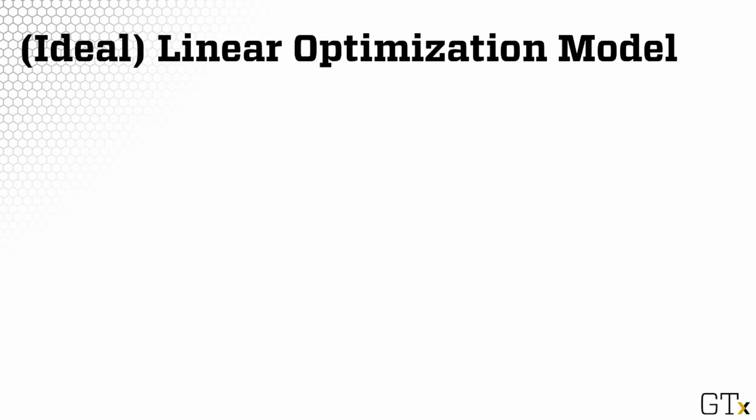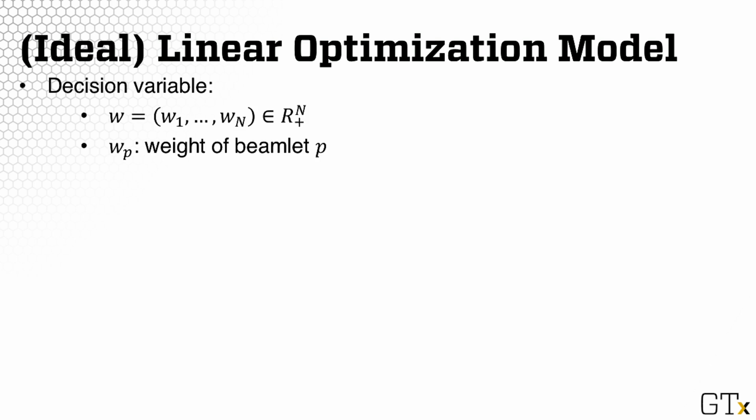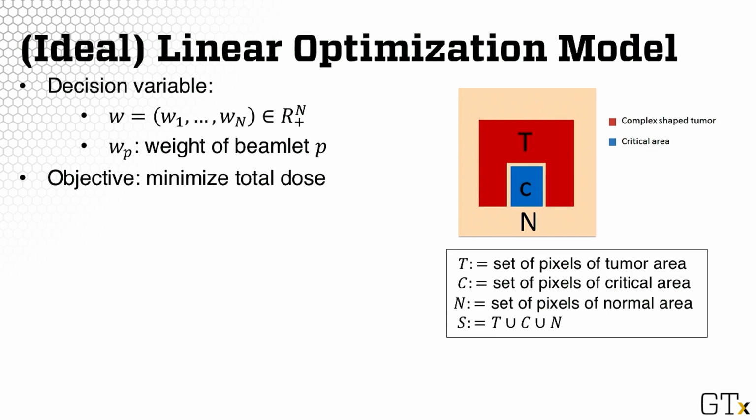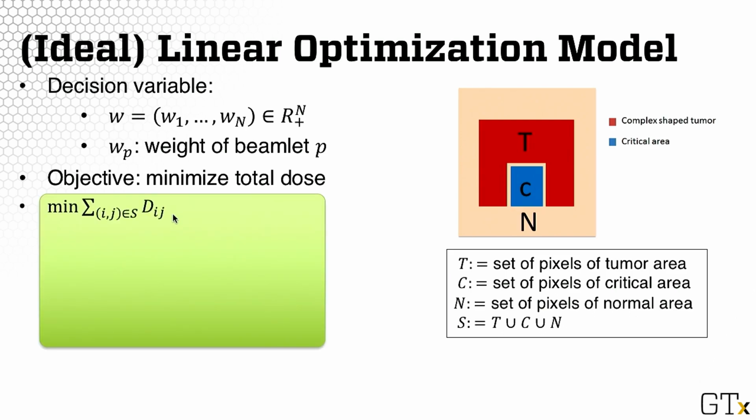Okay, we'll use this data to formulate a linear optimization model first. The decision variable is the weight, how many units of delivered dose we want from each beamlet. There's a unit of delivery, and w_1 means how many units of delivery we want for beamlet 1, up to beamlet n. Suppose there are n unit beamlets. The objective is to minimize the total beamlet radiation